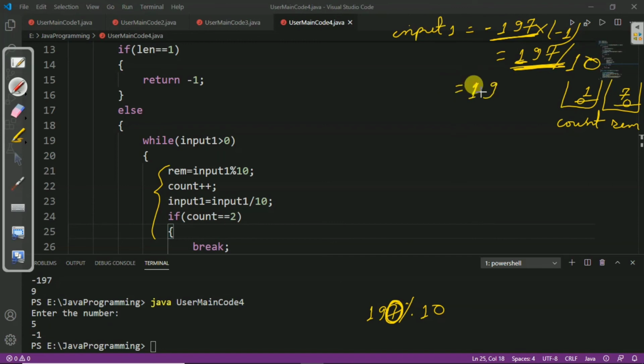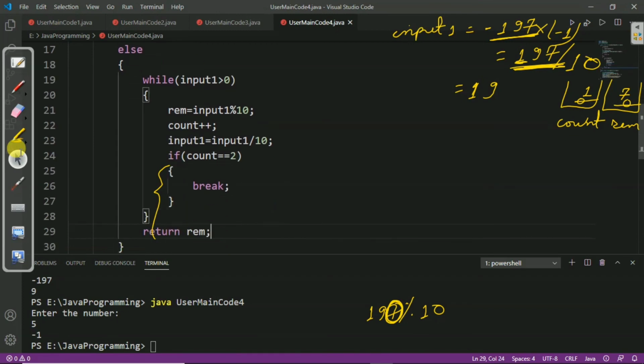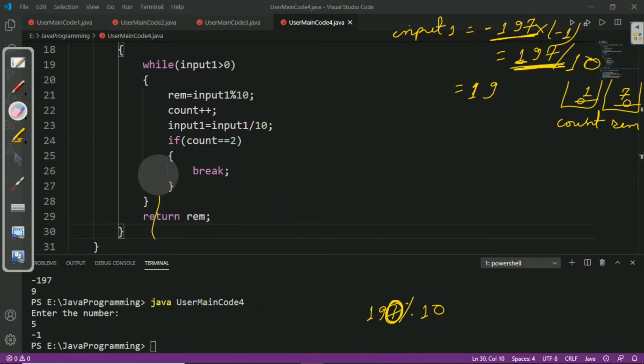After that, if count equal to 2, and here we can see that our count value is 1. So, the condition is false. Now, we will again perform the operation remainder equal to input modulus 10. This time our input is 19. So, 19 modulus 10 returns the remainder 9.